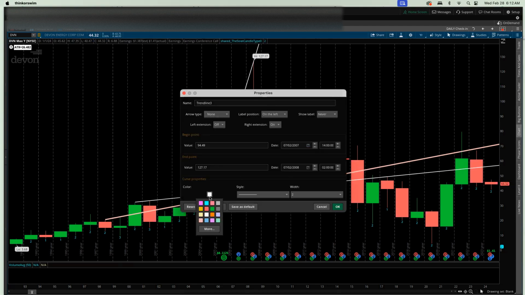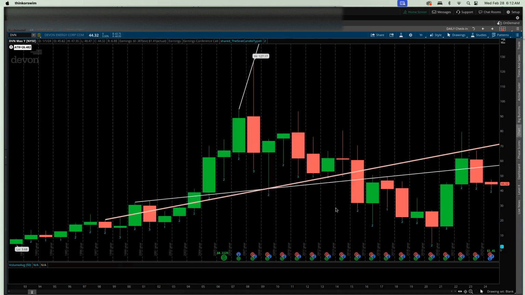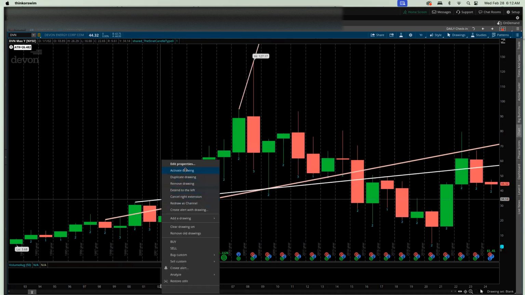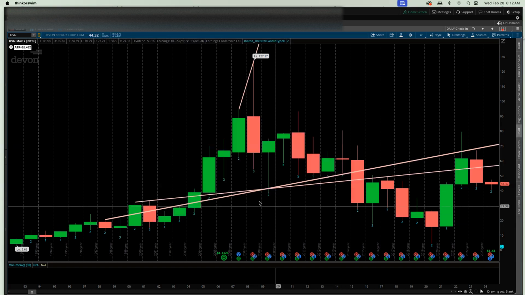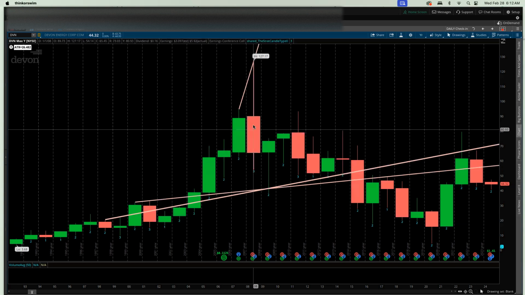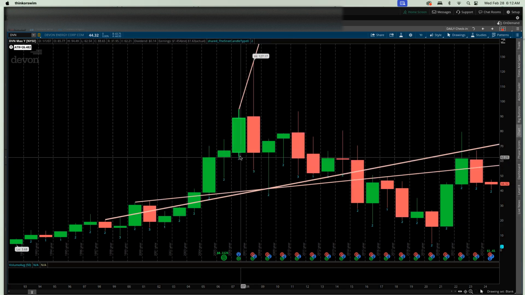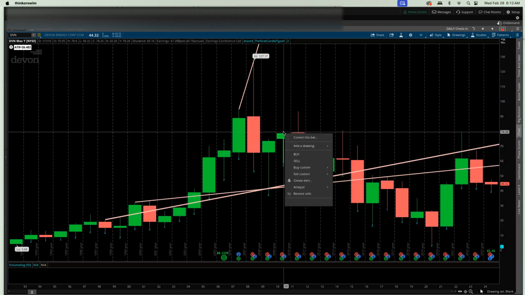If you're interested in having this study, which identifies the engulfing candles for you, let me know and I'll send it. It certainly makes it easier when you have the candles identified for you, like this 3 here, that's an engulfing candle. A 2 candle simply means that the candle takes out either the high or the low, but